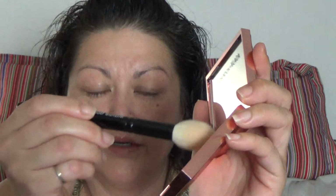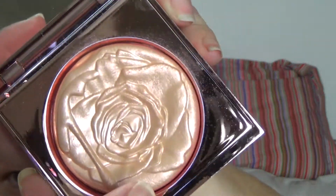Oh yeah, we got pigment here, guys. We do. But I'm rubbing more because I told you I'm pretty sure there's a layer on here from being pressed and made so that they can make this beautiful impression. And once you get through it, I think you're going to find yourself very surprised. So I've totally had to mess up the corner here. I don't even know if you can tell, but